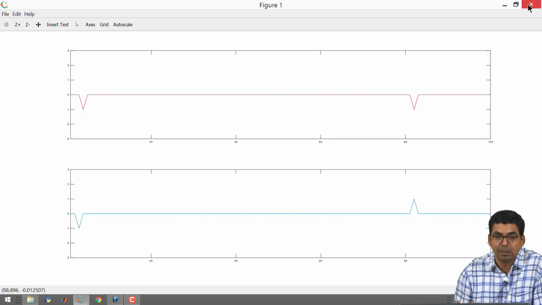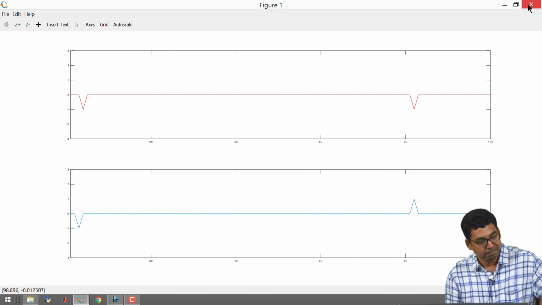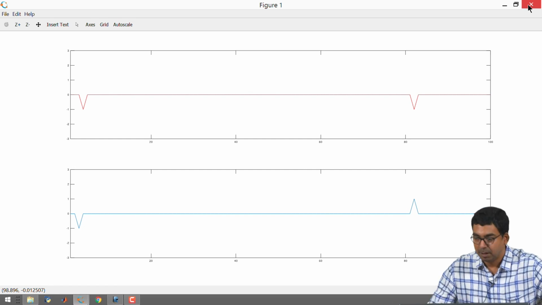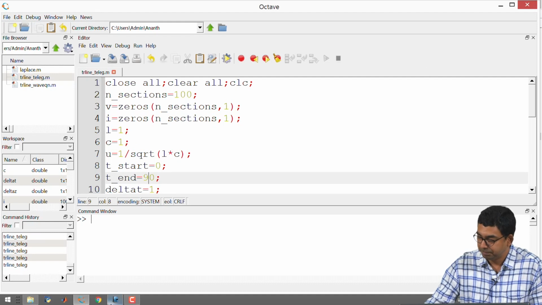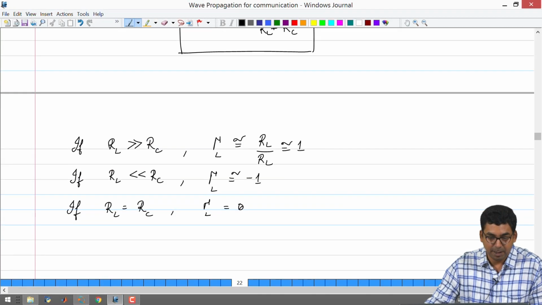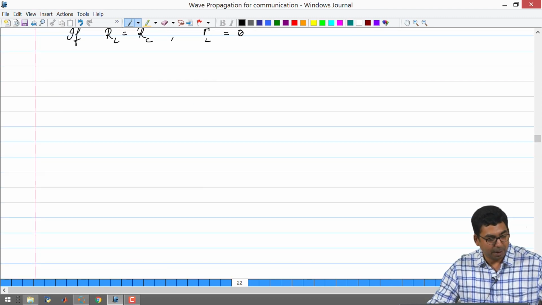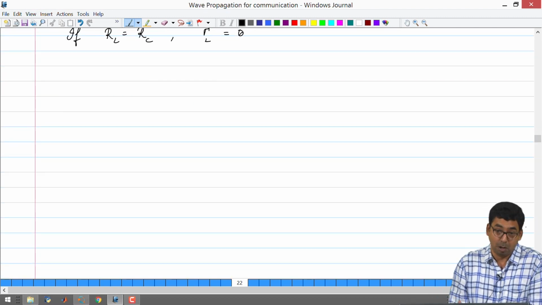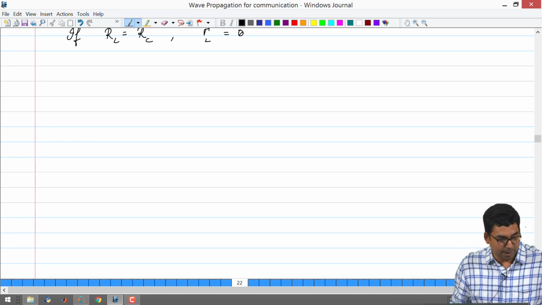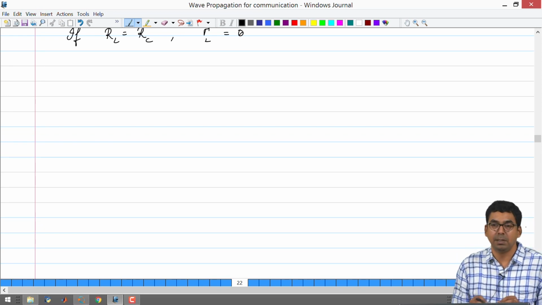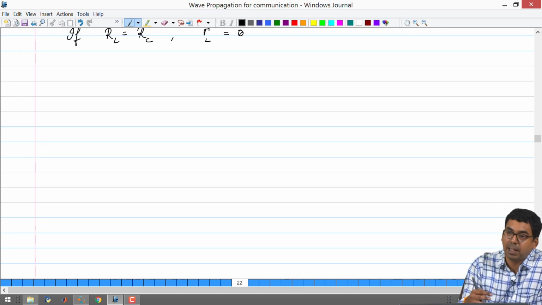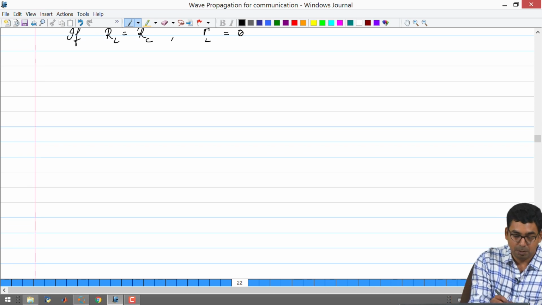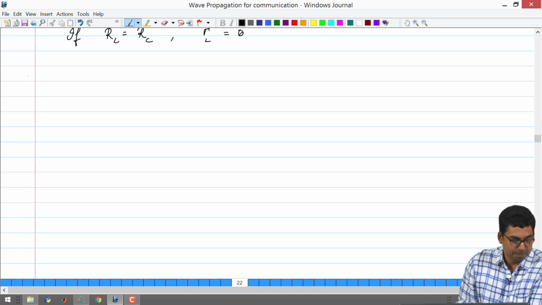It's a time of flight measurement, and you also figure out what kind of fault you are having on the other end. Now, having gone this far, we can take a small example and try to push the boundaries of what we know. So let's try to work out a problem with some small numerical quantities plugged into it, and apart from all these things, can we figure out something else? I'll write down the formulation of the problem. It's a very simple problem.